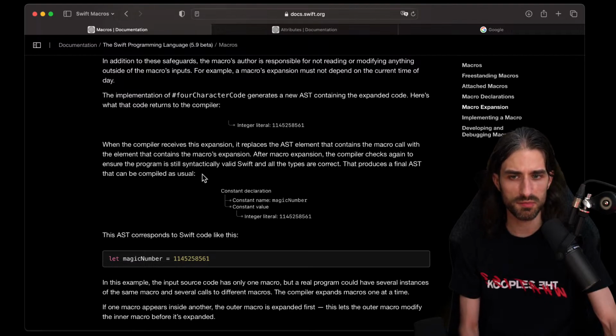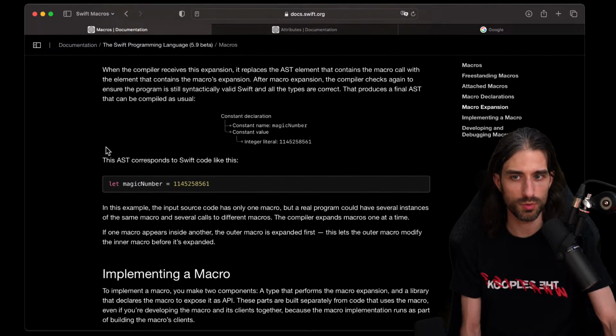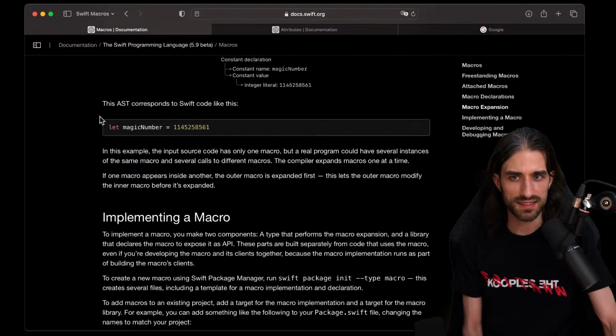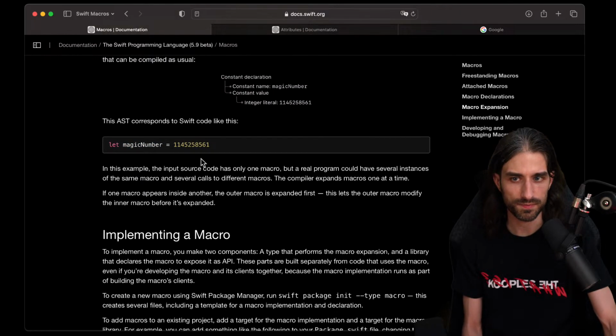Honestly, they did a great job of explaining it very thoroughly. So congrats to whoever wrote this documentation. This AST corresponds to Swift code like this. Okay, that makes sense. In this example, the input source code has only one macro, but a real program could